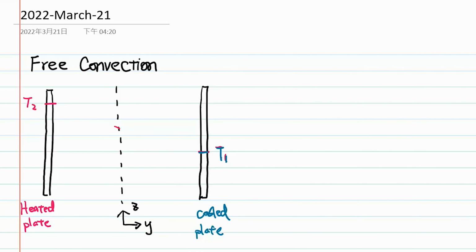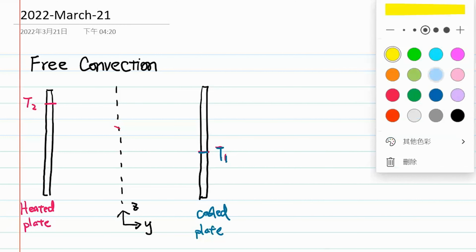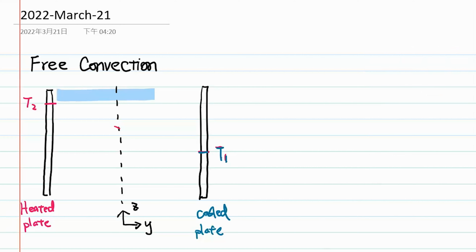In our discussion of the shell energy balance, our last example looks at free convection. In this example, let's assume we have a stagnant liquid layer. Maybe we'll color code that to make it easier to understand. Let's say we have a liquid layer in between two parallel plates. The blue here is our liquid layer, and the two plates are maintained at two temperatures, T1 and